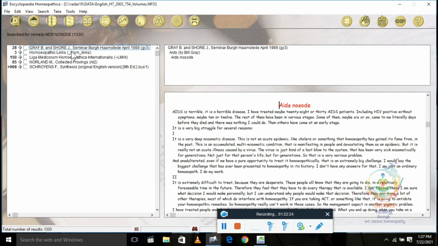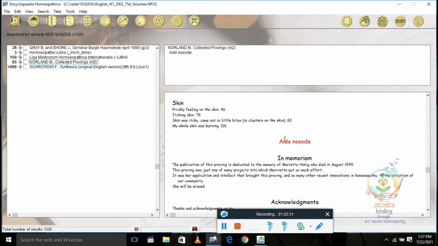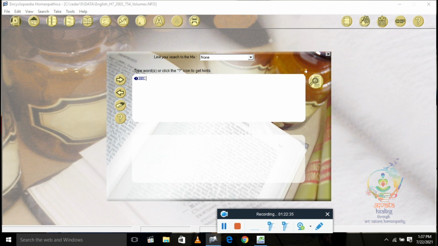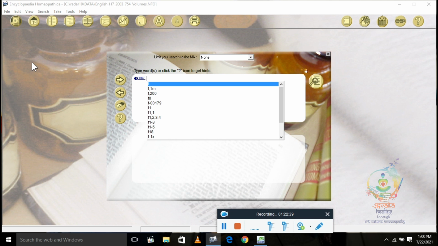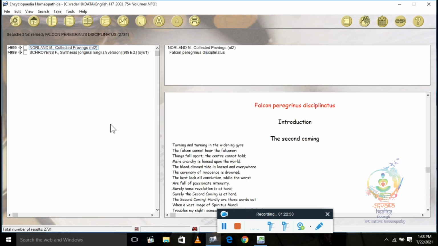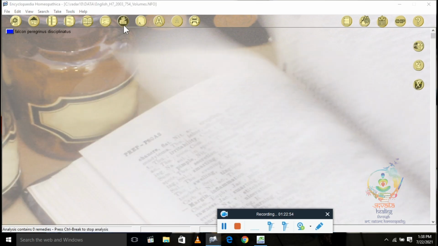See, Gray, Jeremy Sherr has given its proving, Misha Norland has given its proving. So it contains rare remedies also. See, if you want to read Falcon, Falcon is a very rare remedy now. See, Falcon remedy, there is a whole proving available. You can see Misha Norland's proving available in it.